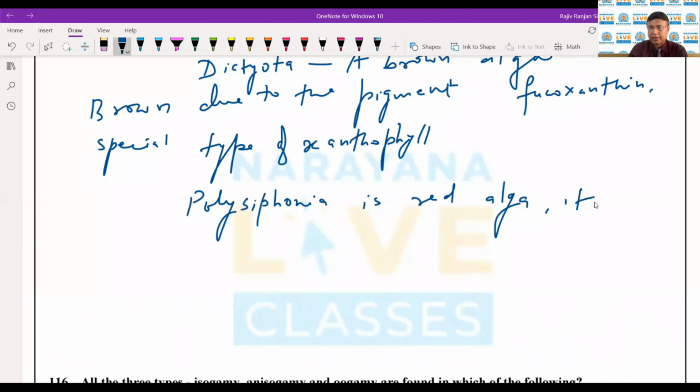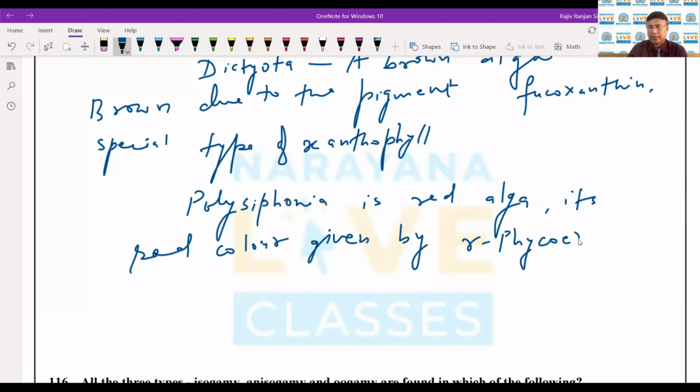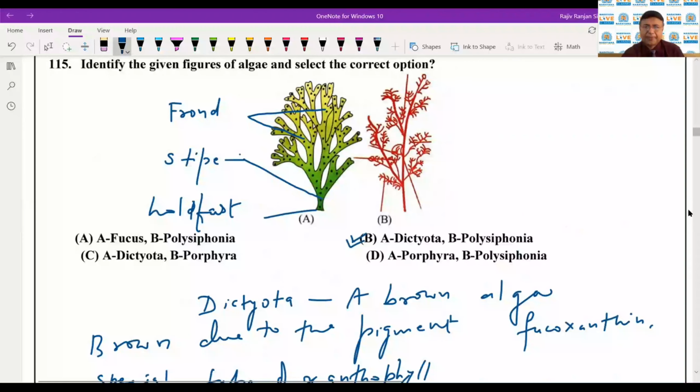Its red color is given by R-phycoerythrin, a phycobilin, and it is marked by a highly dissected filamentous body, as we can just see in the figure, and its